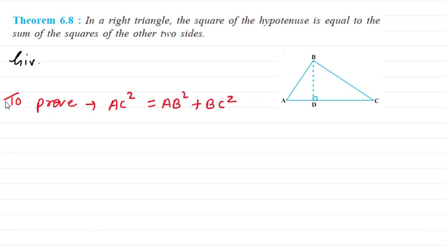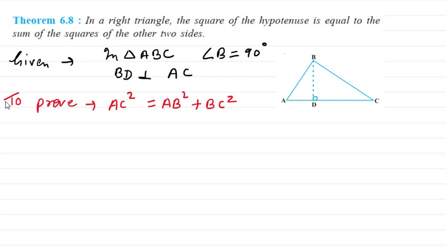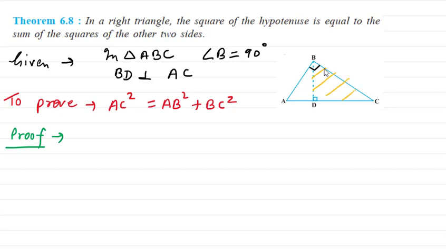Now here what is given? Given in triangle ABC, angle B is 90 degree, okay, and BD is perpendicular to AC. So this is given. So here, now first let's see how can we prove this. So here we will use the similar triangles. Okay, as we know that the perpendicular drawn from the right angle divides the triangle in two similar triangles that we have discussed earlier. So that only we will use here. So in the first part, what I will do, I will take this triangle BDC.